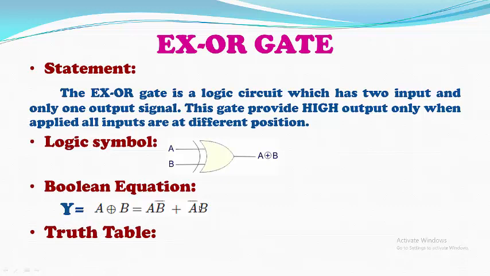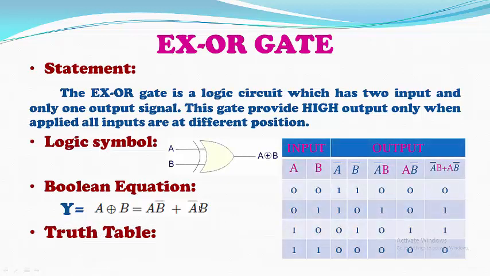Truth table. Now we have to see the truth table. We have to calculate the A bar B plus A into B bar values. For this application, we will take the truth table step by step. In that, input consider A and B. After that, from A column take A bar, from B column take B bar. Then perform the first term A bar into B, the second term A into B bar, and the last term is nothing but our A XOR B operation.